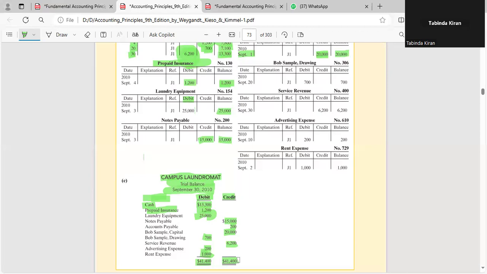अदरवाइज कुछ गलतियां ऐसी हैं, जैसे अब ये तमाम मिस्टेक्स हैं जिनको आपका ट्रायल बैलेंस फाइंड आउट कर रहा था। लेकिन अगर एक स्टूडेंट ने जनरल एंट्री गलत लिख दी है, लेट्स से कि उसने कैश टू कैपिटल के बजाय कैश टू नोट पेबल कर दिया है, तो ये वो गलती है जिसको ये अनएडजस्टेड ट्रायल बैलेंस लोकेट नहीं कर पाएगा। मतलब आपका ट्रायल बैलेंस इक्वल आ जाएगा, बस ये वो जो मिस्टेक है उसको ये आइडेंटिफाई नहीं कर सकता। तो कुछ मिस्टेक्स हैं कैलकुलेशंस की, प्लस माइनस की, जिनको ये आइडेंटिफाई कर लेता है, अदरवाइज तमाम मिस्टेक्स को ये आइडेंटिफाई नहीं कर सकता।